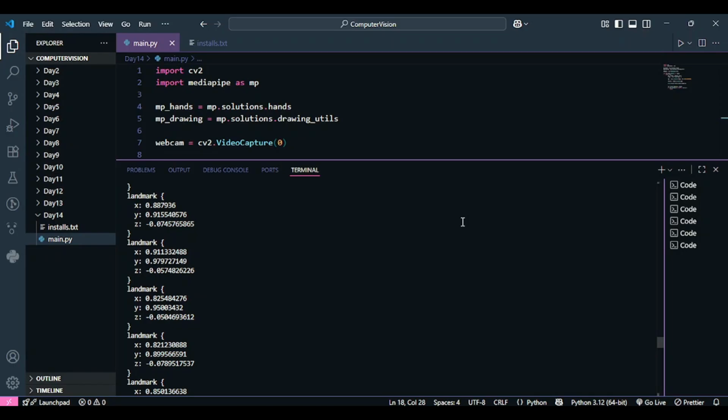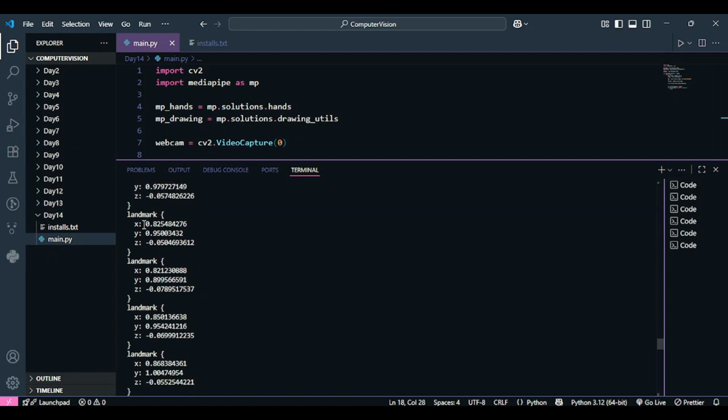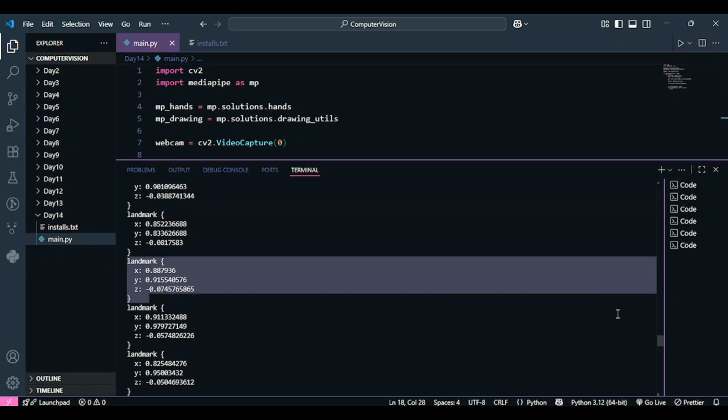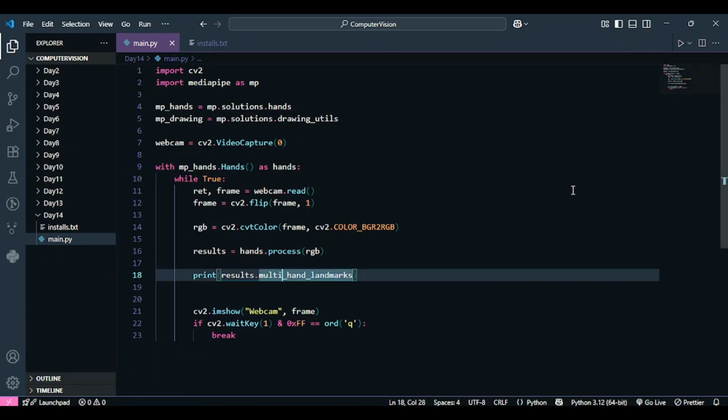So when it detects the hand, it returns the coordinates of each of those landmarks as well. For one hand, it will return 21 landmark objects to you, and each landmark object will have three coordinate values: x, y, and z, the exact position of that landmark. So that is how it's returning a list for each hand, and if there is no hand, it's going to return None to me, as it did in the start as well as in the end. Okay, so I hope this is clear.